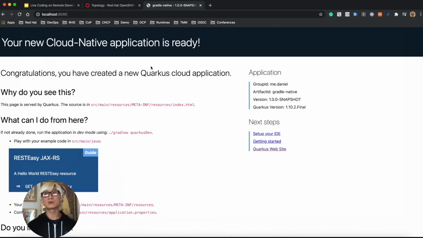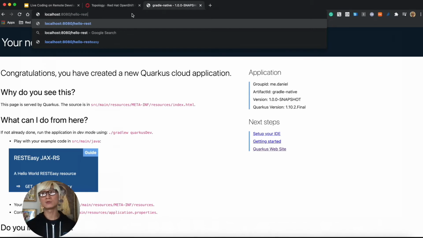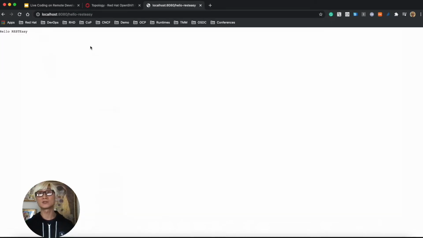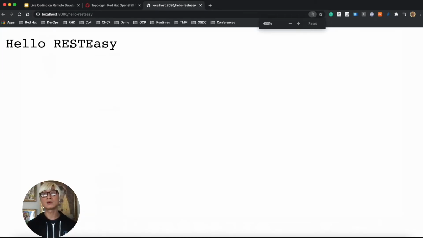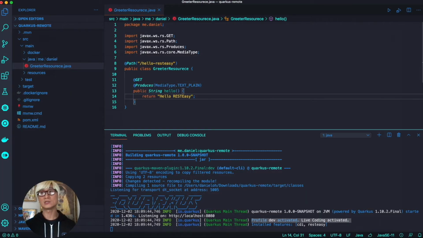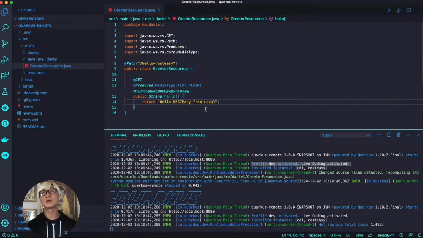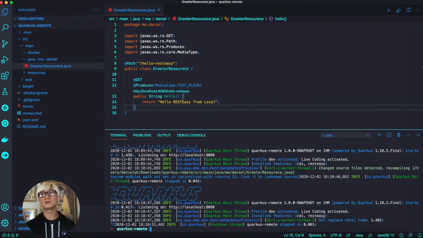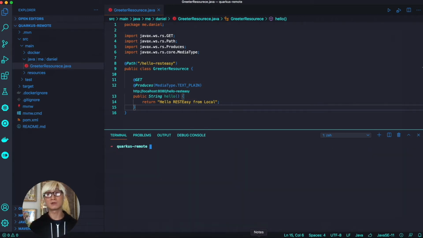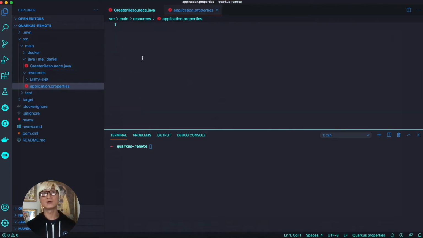So let's go to the endpoint. This is the new landing page of the Quarkus 1.10 final version. And then let's go to the actual endpoint, and then we can see the hello RESTEasy output message. Let's try to change the code: hello RESTEasy from local. Then we're going to reload this application endpoint, and you can find the changed code. Okay, I'm going to stop the developer mode, and then I'm going to package this application, but I have